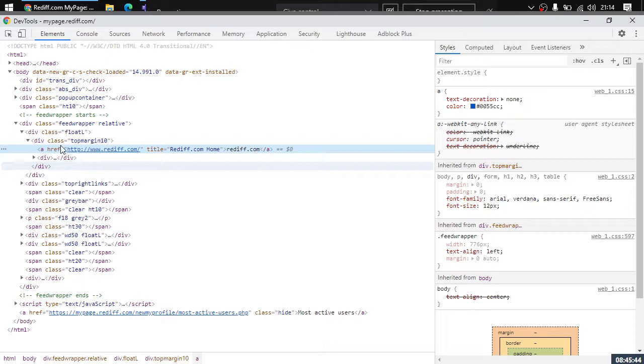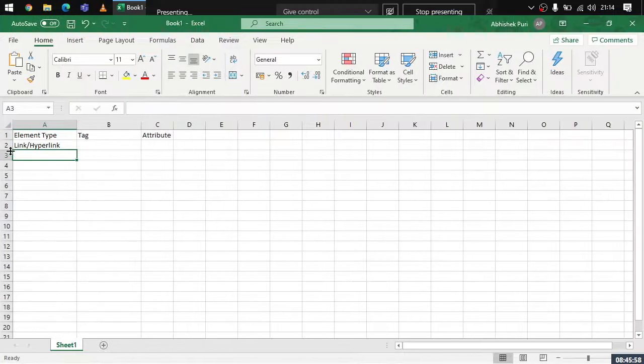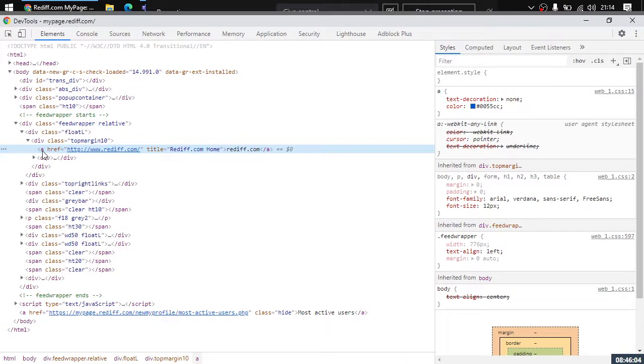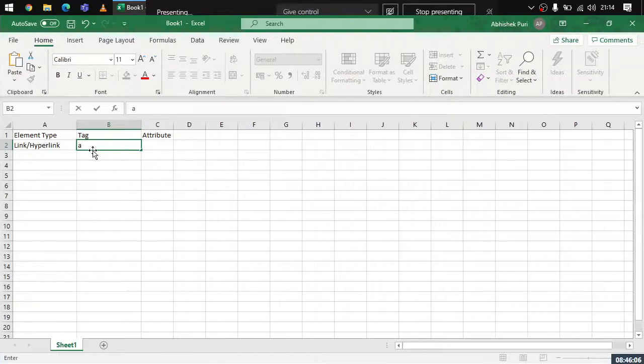What is this information? This is the tag which represents a link on the page, right? Now it carries some information. What is the link where we would be going to, and what is the text that it has to show on that particular link, right? So here a hyperlink is represented by a tag as A. You can see that it is A. The first character on the tag is A, right? So the tag name is A.